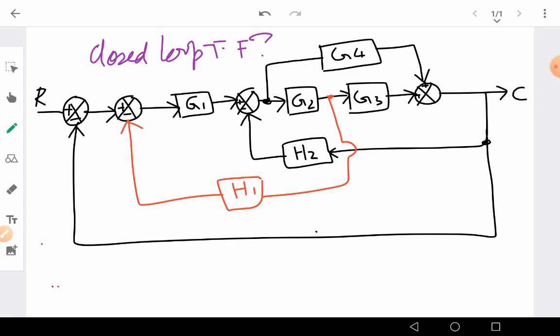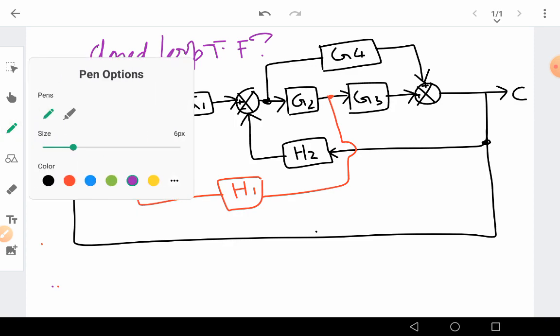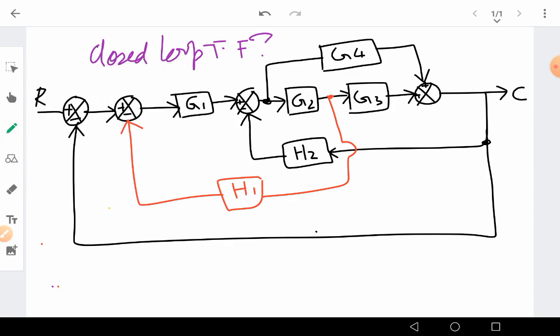Seeing this, we can see that there are no options to reduce here. I'm just marking in yellow. There's nothing to do here or here or here, because there are a lot of summers and a lot of feedback loops coming in. I need a complete closed loop so that I can reduce. Here I can see there is a 1 on the top right.